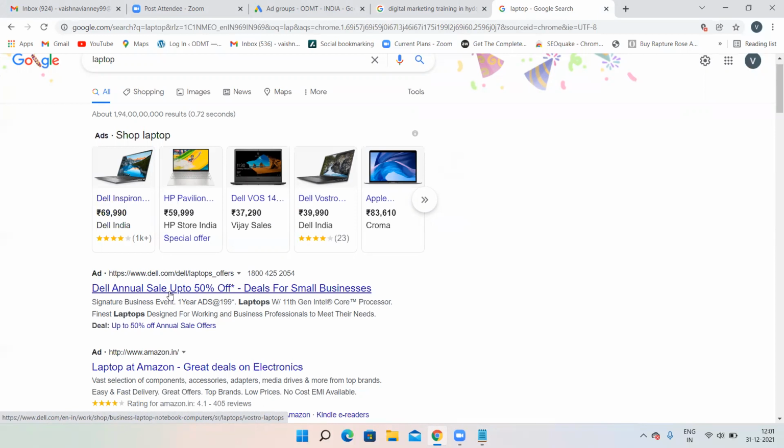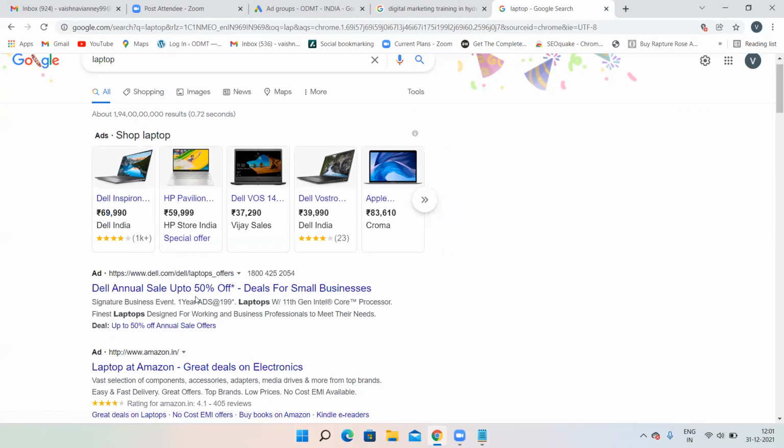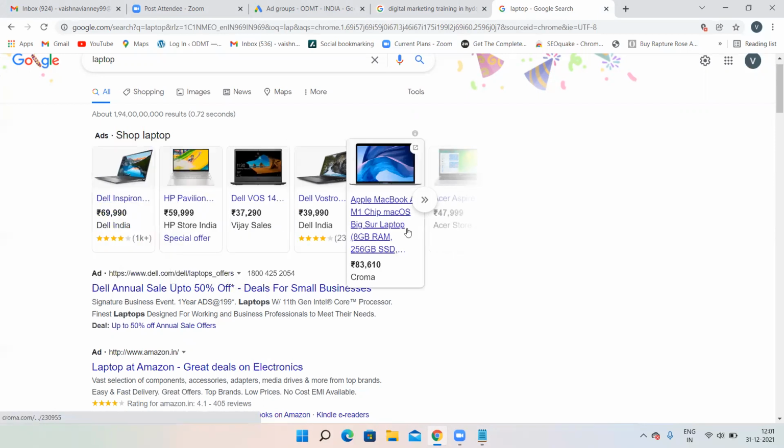See, always remember, if you have an e-commerce website, same like Dell, Amazon, Myntra, do not go for search network campaigns. Always go for only shopping network campaigns. Why you should not go for search network campaigns is, do you think just by seeing this particular headline and description, a person is going to purchase a product which is worth some 69,000 or 83,000?